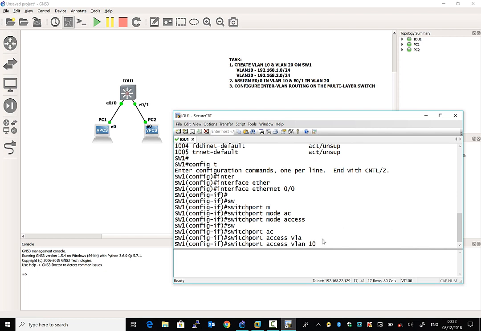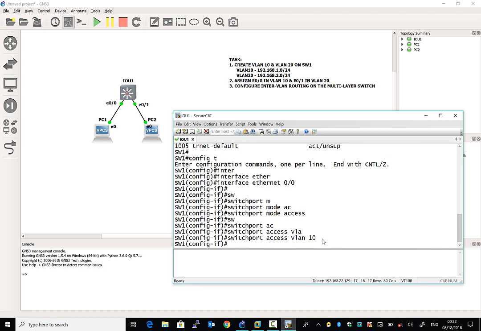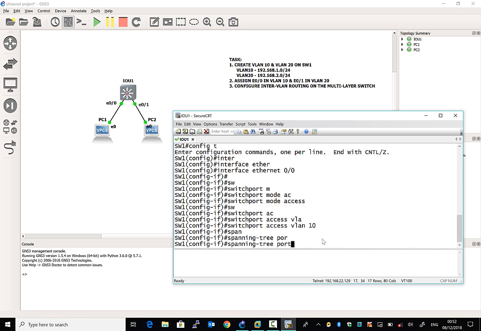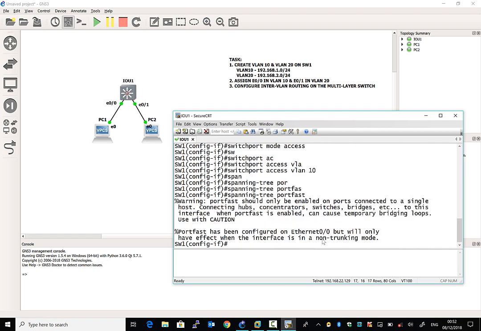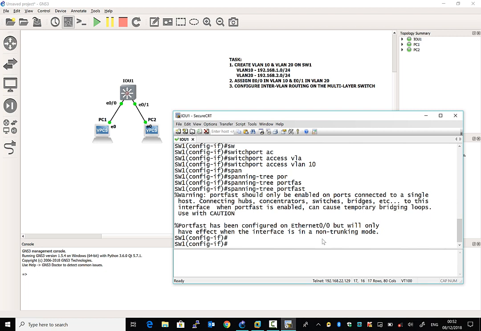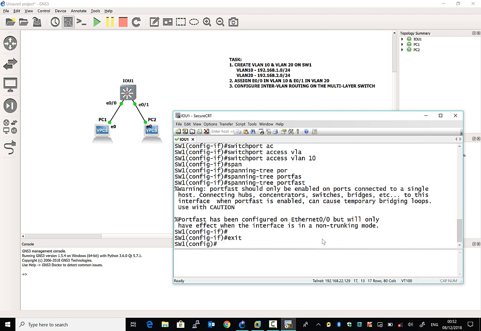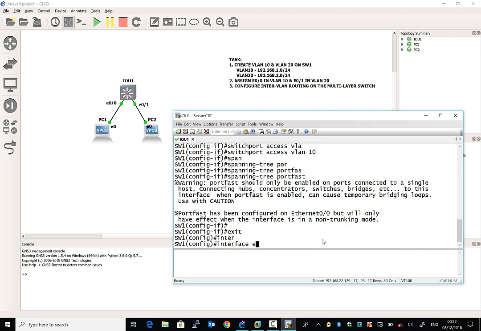Press enter, and then another command which you can run is spanning-tree portfast. You can enable the PortFast feature on this interface so that you don't have to face any sort of delay. I'll exit back, and then again we will say interface Ethernet